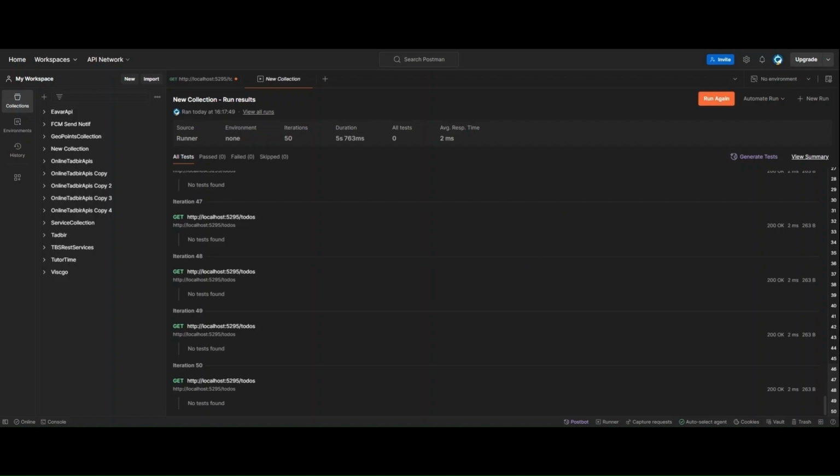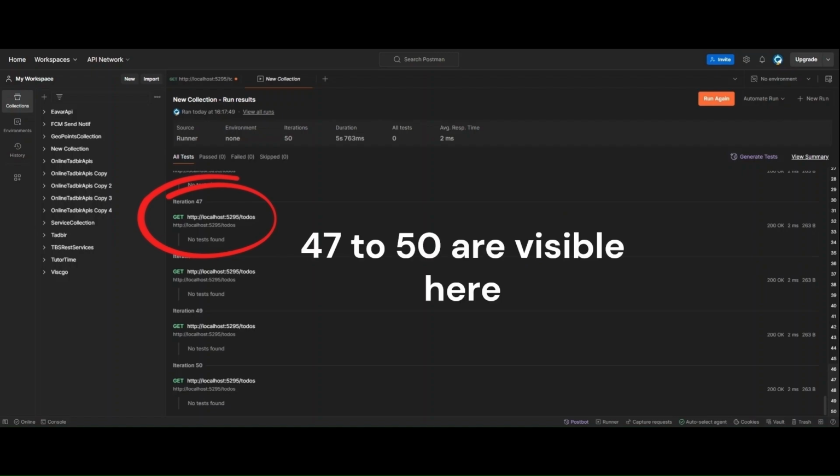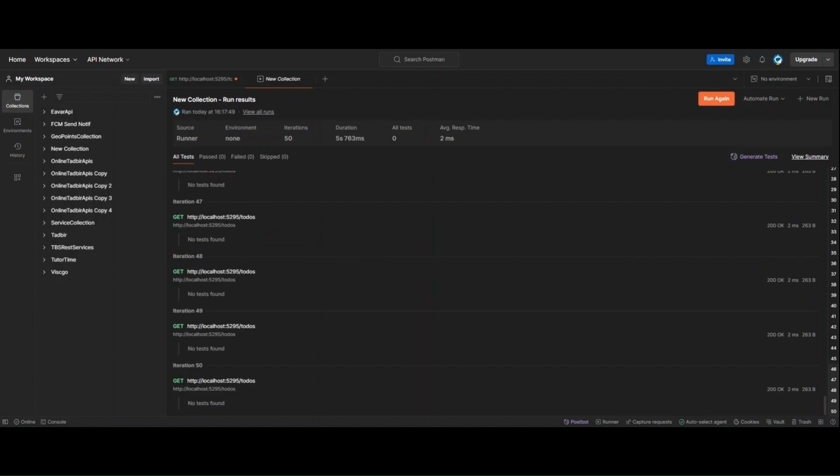Below the overview, you see each iteration listed with its own details. For instance, iterations 1 to 5 are visible here, and each one shows the HTTP method GET, the endpoint being hit, and the response status. Each request returned a 200 OK status, indicating all requests were successful. The response times for these iterations range between 2 milliseconds and 3 milliseconds, and the response sizes are all consistent